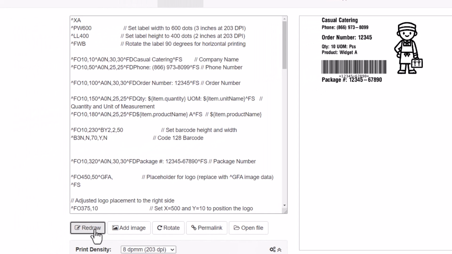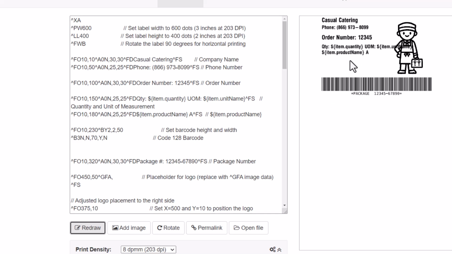So I'll delete this, we'll hit redraw, and now we can see some of these updates that have reshaped the layout, and we don't have to freak out because it's different. It's just going to show that way while we're in this design mode. Once we copy and paste this into the point of sale, it won't show this money sign item dot quantity. It's going to show the actual quantity like we were just seeing. And here we see that we did remove the barcode number, the larger font below the barcode,